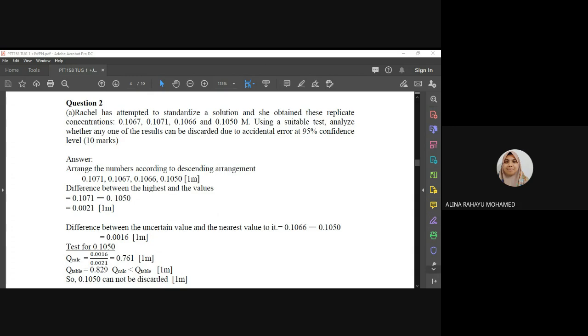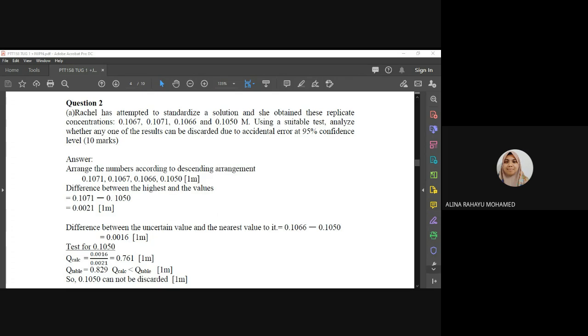Okay, so let's look at this question two. Rachel has attempted to standardize a solution and she obtained these replicates of concentrations: 0.1067, 0.1071, 0.1066, and 0.1050 M. Using a suitable test, analyze whether any one of these results can be discarded due to accidental error at 95%